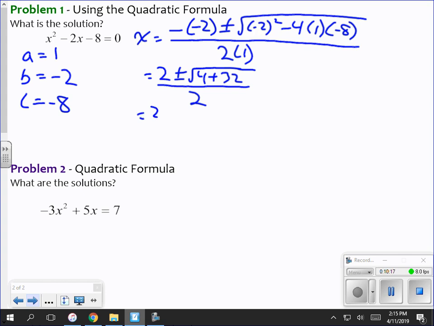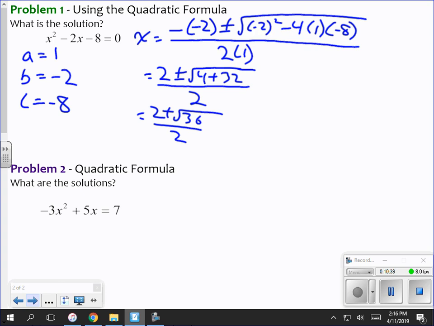Equals 2 plus or minus the square root. What's 4 plus 32? 36. All divided by 2. I cannot divide by 2 unless everything is divisible by 2. And although 36 is divisible by 2, 36 is still inside the square root. Now,